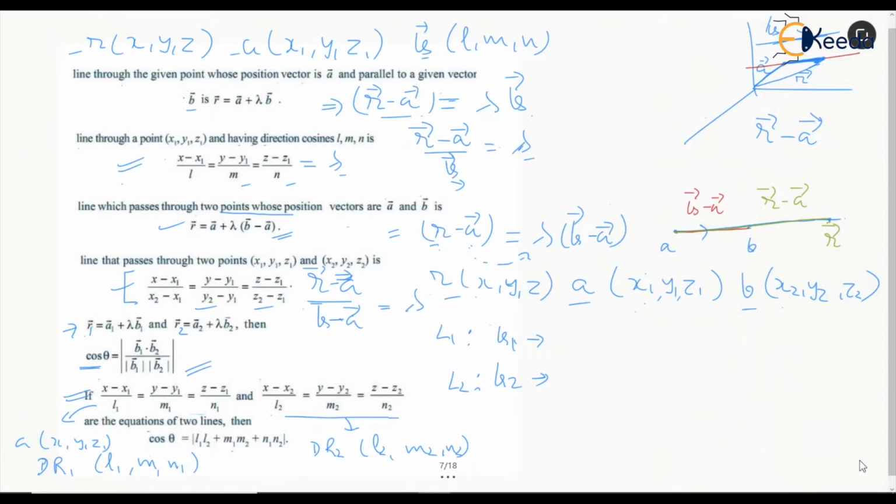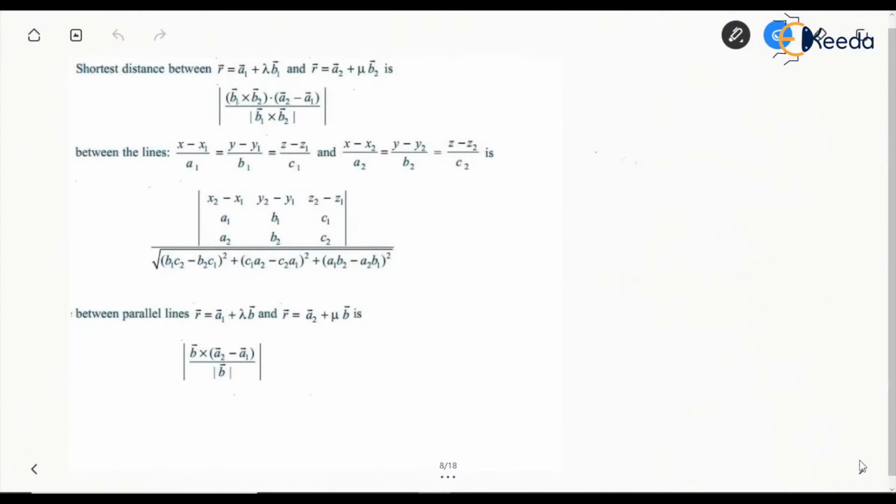We also know that the direction cosines have a magnitude of simply 1. So if we do the dot product of these direction cosines for both the lines, l1 l2 plus m1 m2 plus n1 n2, this will give the cosine of the angle, or cos theta, and that will give you the theta, the angle between the lines. So that's it. This is done. I won't explain this, because it will take a little more time, and you have to understand that this is actually nothing but b1 cross b2.